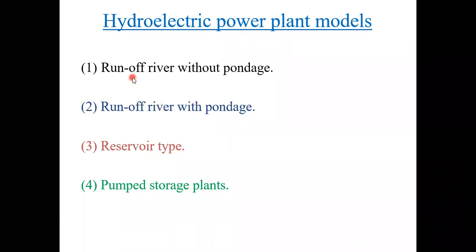And coming to the first two, that is run-of-river without ponds and run-of-river with ponds. Ponds means a temporary storage of water with small capacity. So we cannot store plenty of water; we can store only a small capacity of water. The difference between these two is that in the first and in the second case, the head is very, very low. Head, as everybody already knows, is the level of water where we can store. And in this class also, I will try to play some videos. From this, you can get a lot of information.